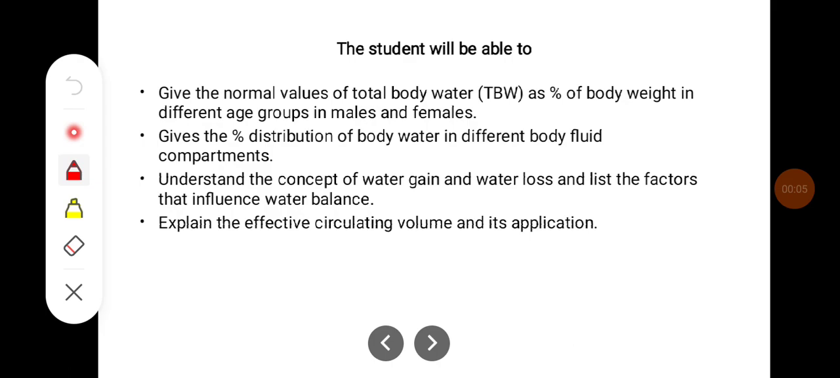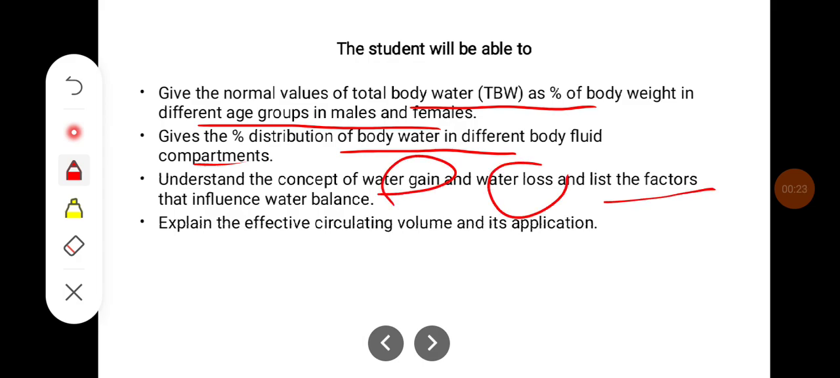Hello everyone, in today's class we'll try to learn about body fluids. The objectives of this class would be to give normal values of total body water as a percentage of body weight in different age groups in male and females, give the percentage of distribution of body water in different body fluid compartments, understand the concept of water gain and water loss and list the factors that influence water balance, explain